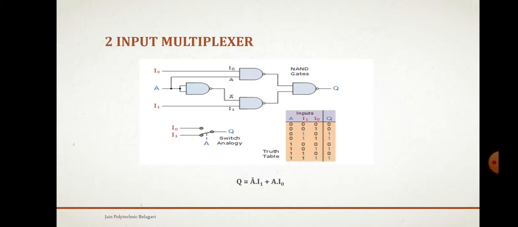Here you can observe the truth table. There will be four NAND gates, with a switch analogy for I0 and I1. That shows the logic diagram for the 2:1 multiplexer.